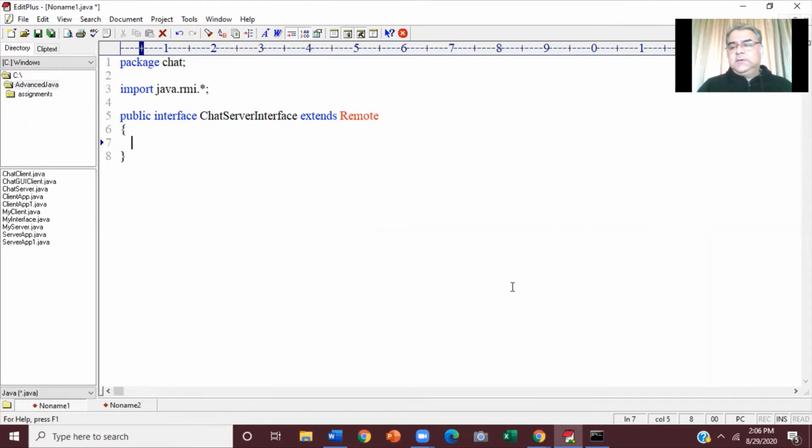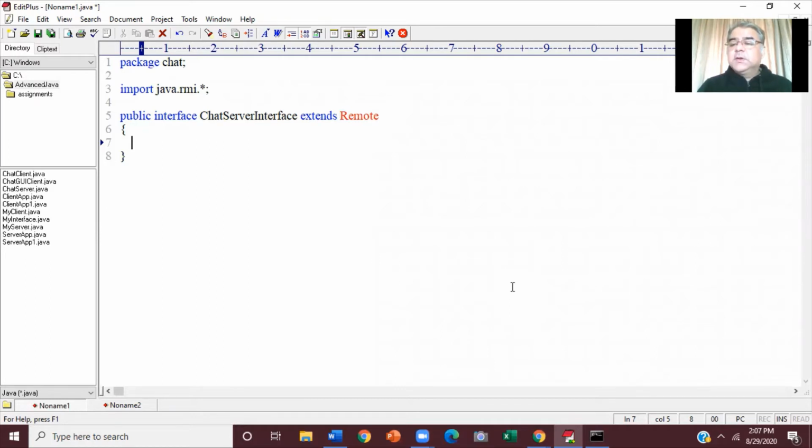Client should call one method on the server and pass a message as argument, because the broadcasting is going to happen through the server. So the client gives the message to the server so that the server can broadcast it. So it should be such a method whose parameter type should be String.